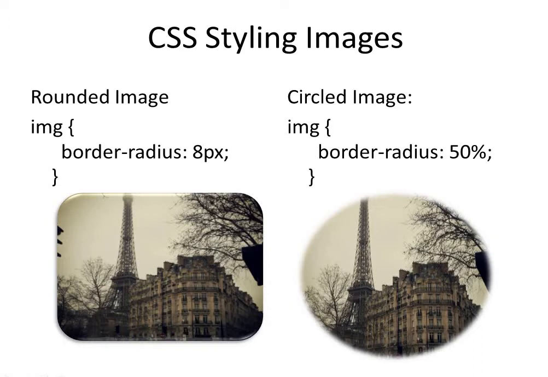The first one is rounded image. On many websites you have seen that an image has a rounded shape border, with no sharp border. You can set a border radius on your image. There are two ways you can apply the value: first in terms of pixels and second in the form of a percentage. The property name is border-radius, and after that you specify the value in pixels or in percentage.